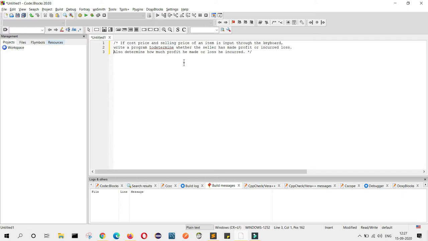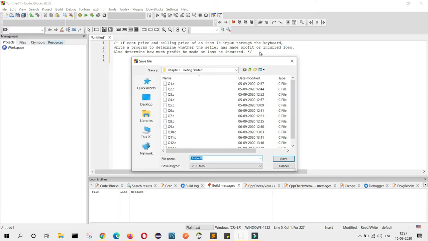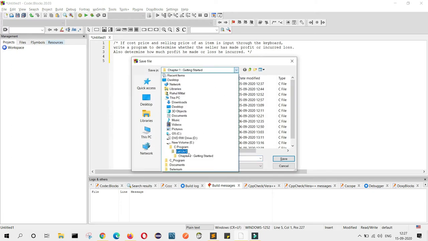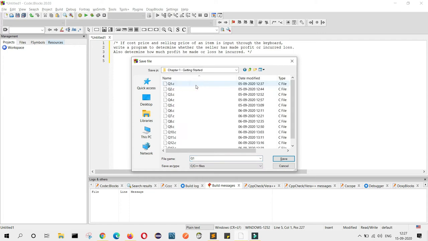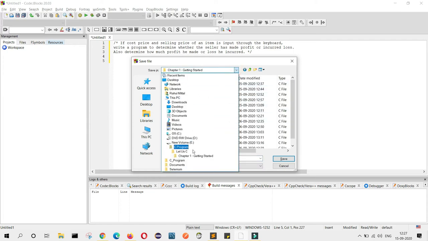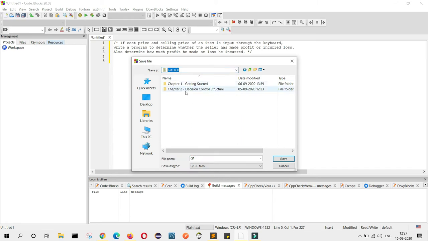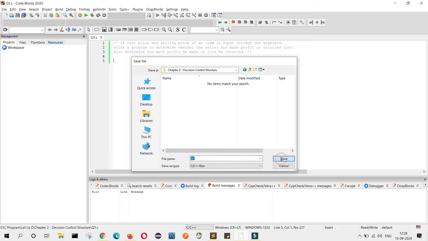Write a program to determine... First I will save this in my decision control folder, and I will name it question 1. Let me check how I have written this. Similarly, I will save my question 1 of chapter 2.